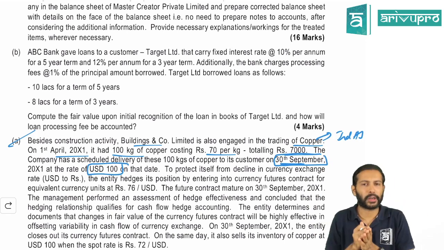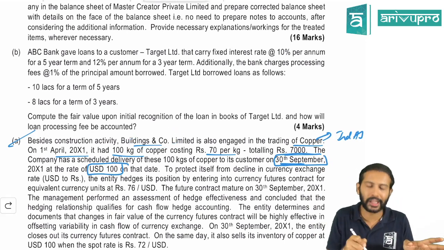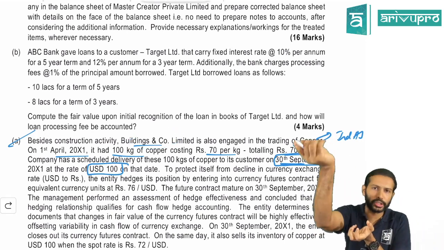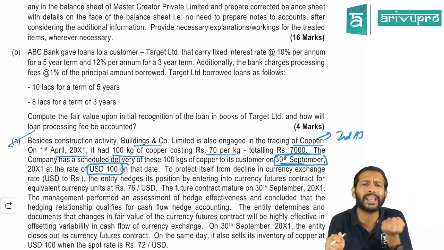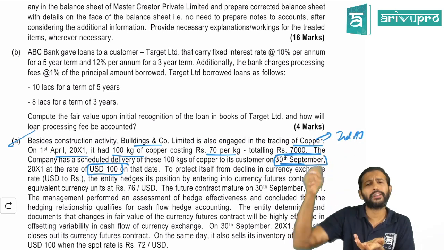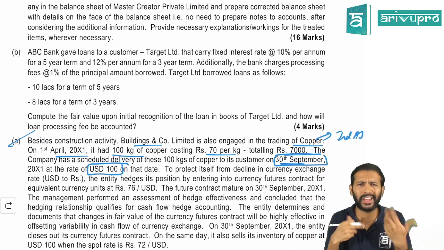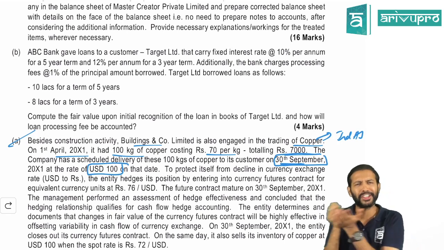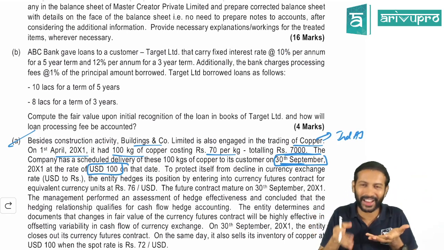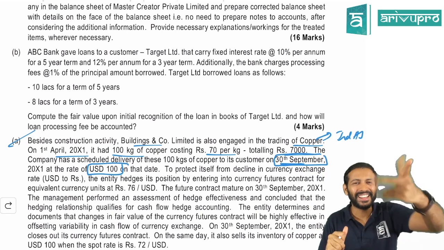Now the headache for this particular company, Buildings, is that if you have sold goods to foreign debtors in dollars, you'll receive the money in dollars. The dollar value keeps fluctuating. They don't want to take this exchange fluctuation risk. Other than business risk, business itself is a big risk. Now in cash flows and all, if you start taking risk, it will be a problem for them.